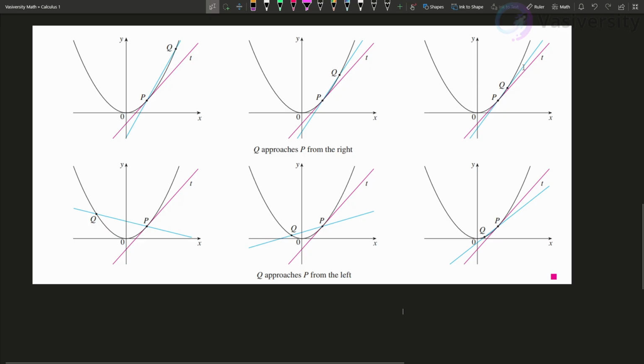From the right, we're almost there, right? So if we approach really close, the line's going to match. Same thing here. We're approaching from the left, and eventually from the left, the line's going to get so close, it's going to actually match. So we will find for sure the slope. Okay? So the slope, essentially, the slope gives us